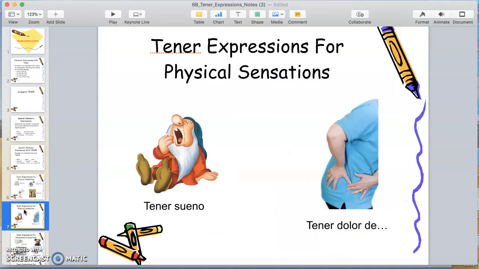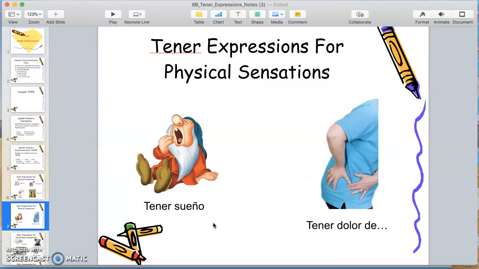Okay, let's move on. Oh, Sleepy from the Seven Dwarfs. He is sleepy, to be sleepy. Tener sueño. Again, this N should be an ñ. Tener sueño. To be tired. Okay? And I've asked some of my native speakers before, so maybe my non-natives have heard this. They may or may not have, but I've asked a couple students before, ¿Tienes sueño? Are you tired? ¿Tienes sueño? So I can use the expression and make it a question.